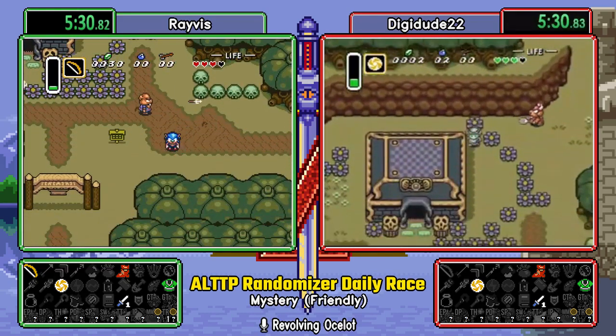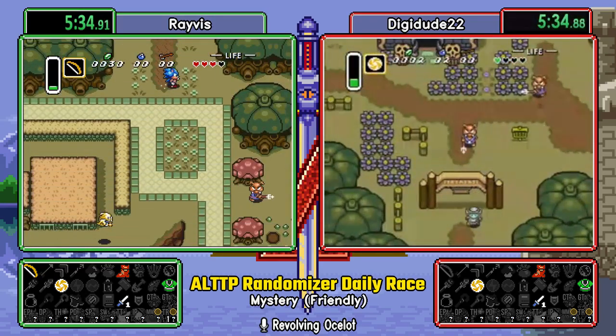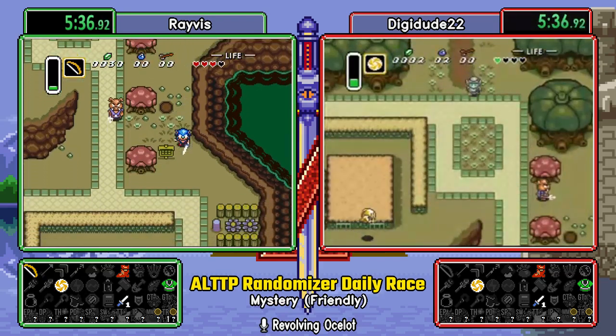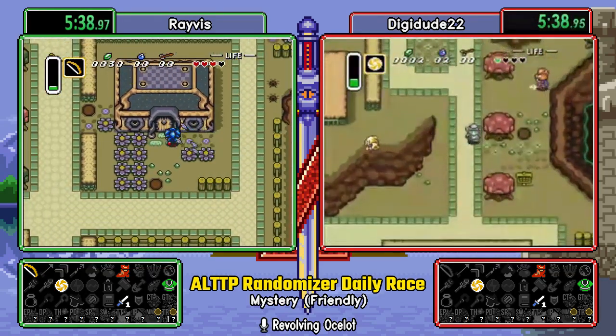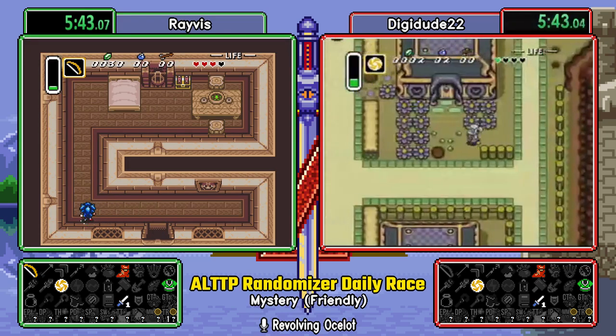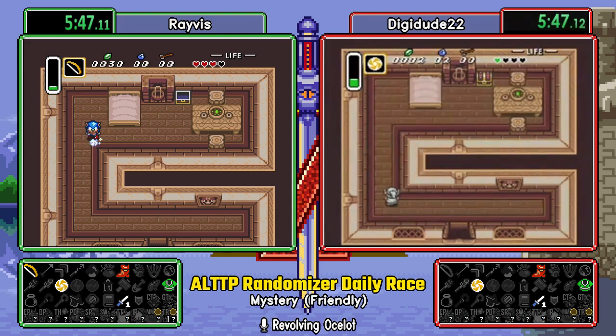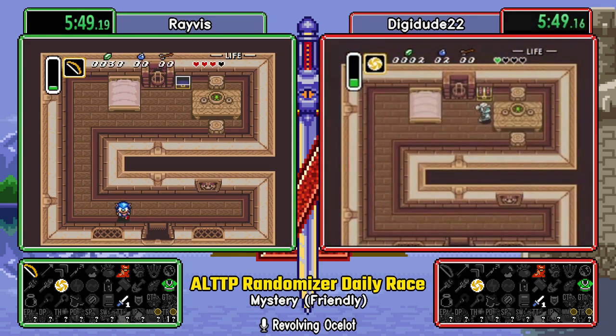And with nothing else to do in Skullwoods, Rufus is out of there. He's going to proceed south to the Village of Outcasts. He has got 30 rupees now, so if he wanted to go to the archery game, he would probably be popping into that after he's done here in the village. But with that first sword, popping into Thieves Town here is going to be much safer than it otherwise would be. So from the C-shaped